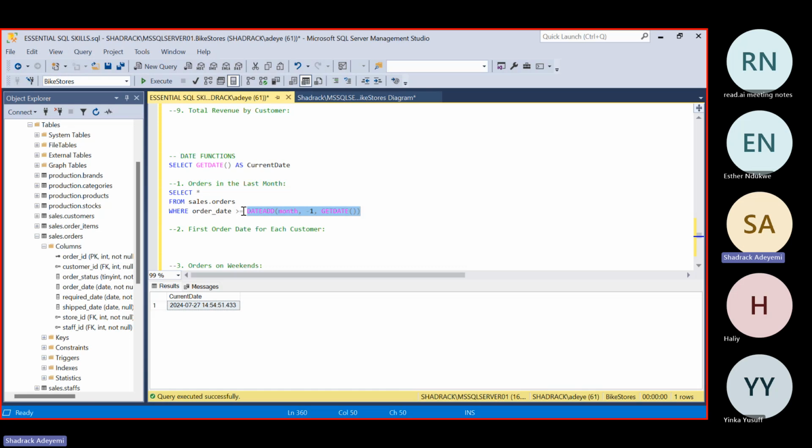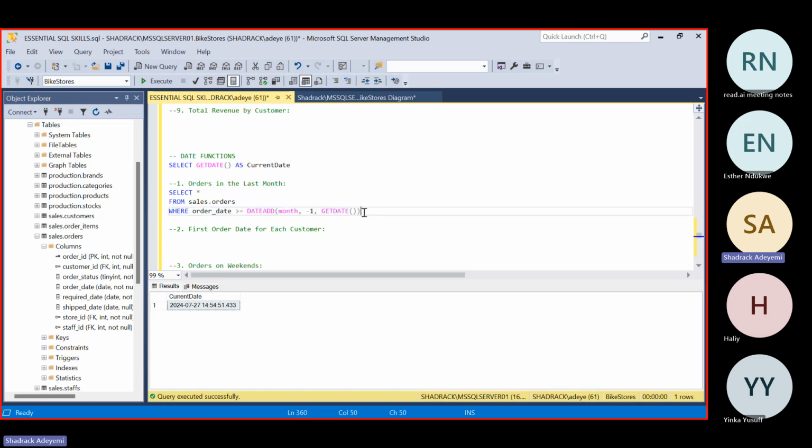So if this WHERE clause is obeyed, we're going to be returning dates equal to last month and also above it, and it is definitely going to stop at today's date.